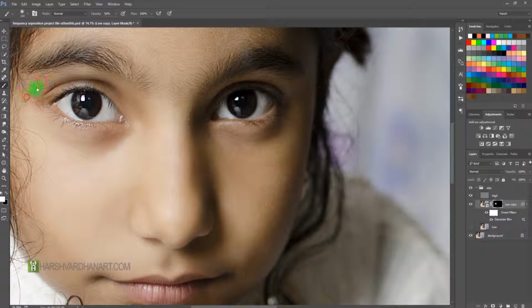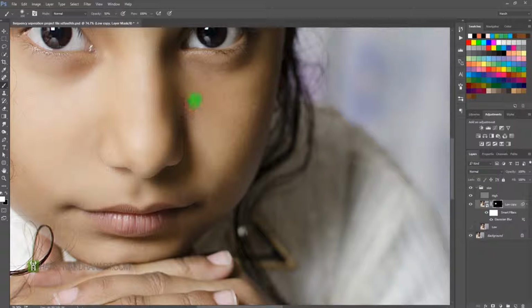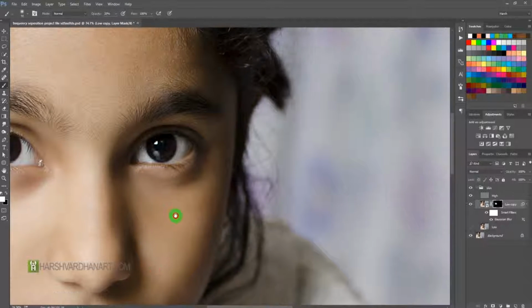So let me lower down the effect and quickly do this. Here we don't want that much of detail or that much of smoothness, so we'll lower down the opacity to 20%.